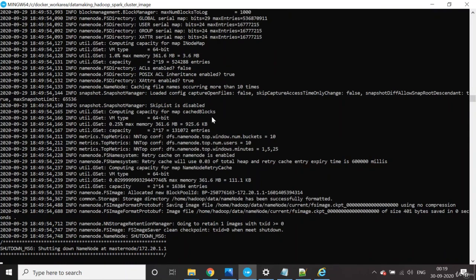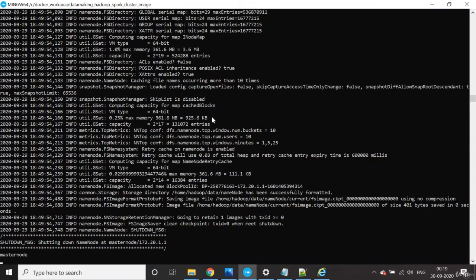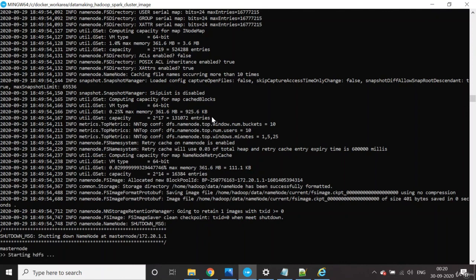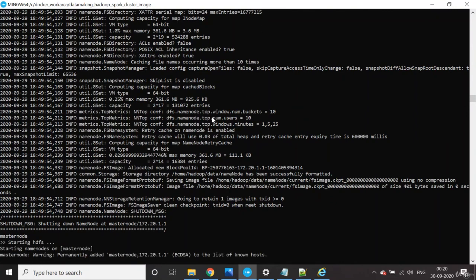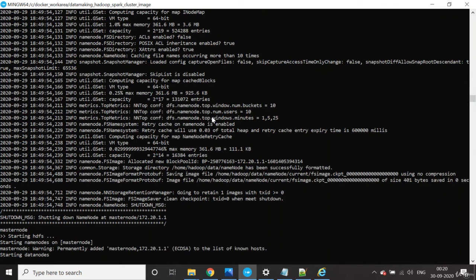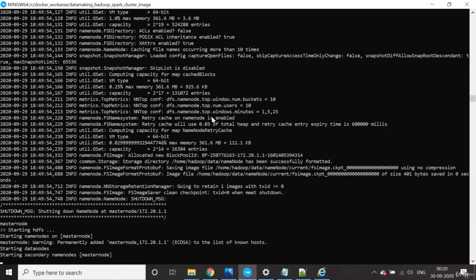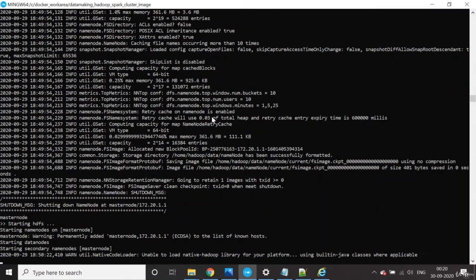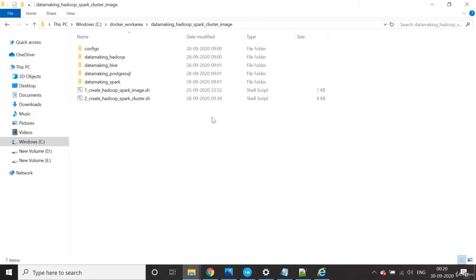Once the name node is formatted, it is going to run the dfs start.sh file, then it will start the yarn start.sh file. All these processes will be started now, and then the cluster will be ready.